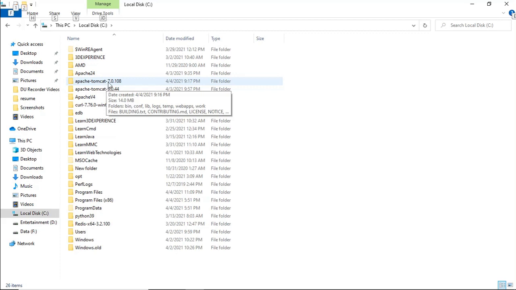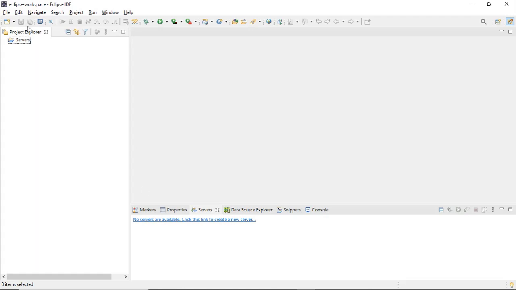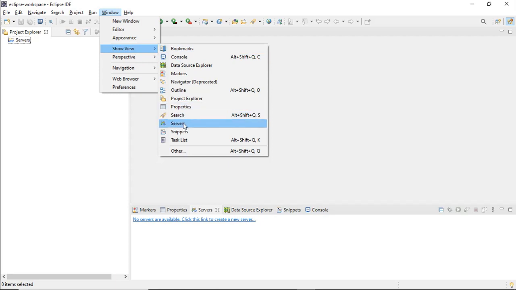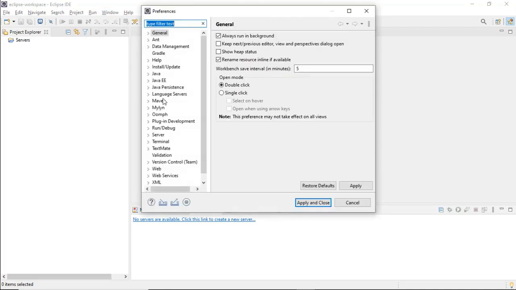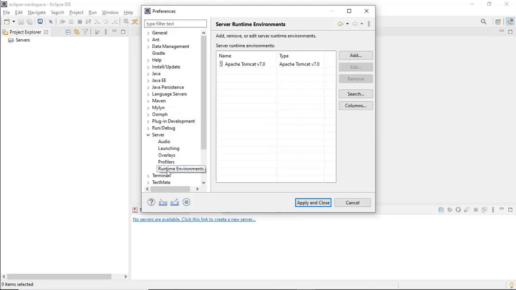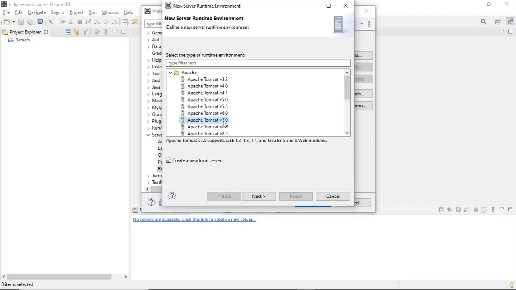So after this is done, we need to go to our Eclipse IDE, and there first we need to check if any predefined server is there or not. If it is there, we need to delete it. We can check it like Window, Show View, and then Server. If it is not there, we can directly go to Preferences in Window, and in the Preferences we need to search for the server. So here is the server, Run/Debug, and we need to go to Runtime Environment under Server. Here one server is predefined, we are just removing it. I have removed it to show you the demo, like how you can add a new server.